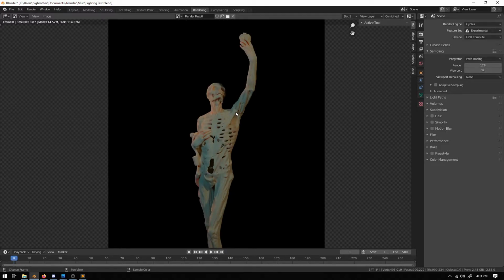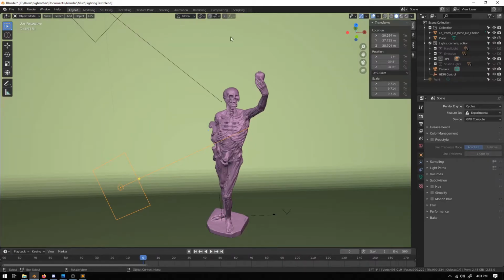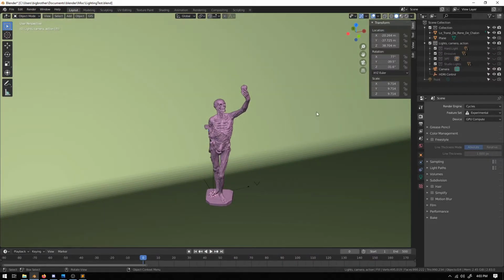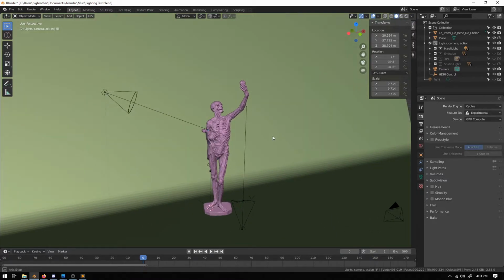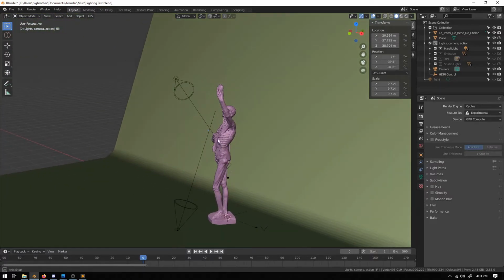But there are other things that we can do. So if we go back to our layout here, we're going to go ahead and hide the 3-point lighting. The next one I want to talk about is hard light. So if you are trying to get something dramatic or dynamic for your model, hard light is what you would really want. So all it is,